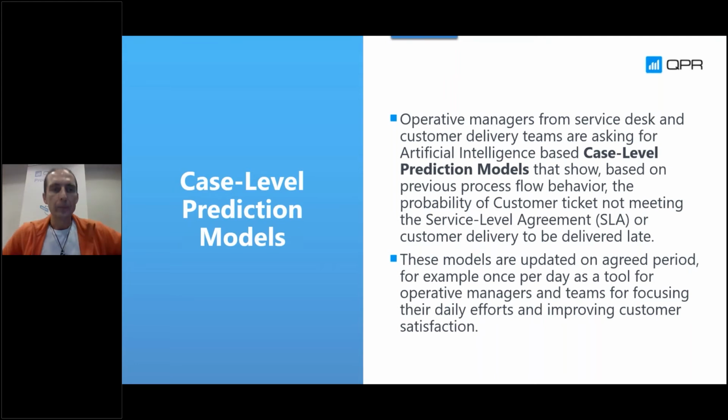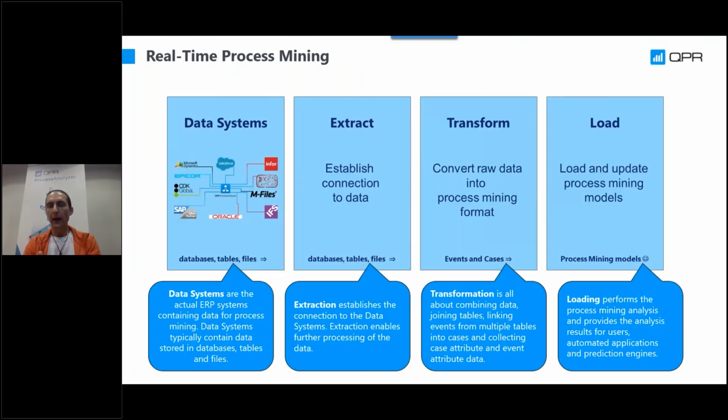So all of this can be put together by using the real-time process mining functionality that is delivered in QPR Process Analyzer. So please feel free to write the questions, and I'm eager to go forward to showing how this works in practice. So in order to get this setup working, there's always the data systems that are producing the